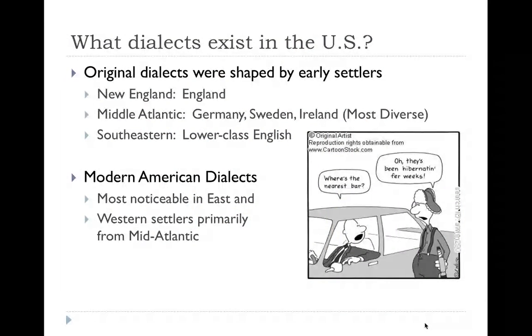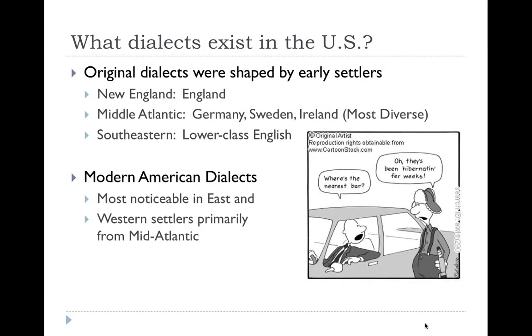So getting into more dialect and looking at the United States here. All right, we want to look at home and see what we're talking about. And so when we look at dialects in the U.S., obviously the original dialects basically were shaped by the early settlers on the East Coast. And so we've got three areas that basically are kind of cultural hearths, not just for language, but we talked a little bit about the cultural hearth and development over time from the East Coast. And so when we look at that, we've got New England, which was shaped by England specifically. We've got the Mid-Atlantic states, which were shaped by Germany, Sweden, and Ireland. And we've got the southeastern states, which were shaped more by the lower class English people who came over at that point.